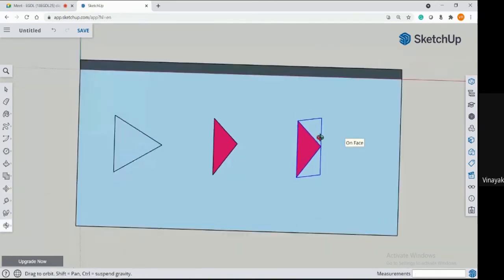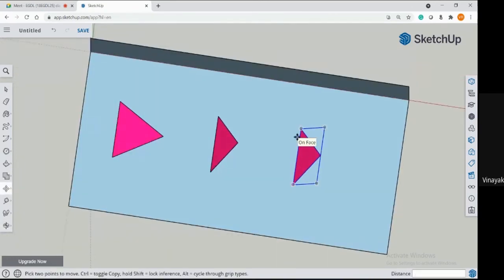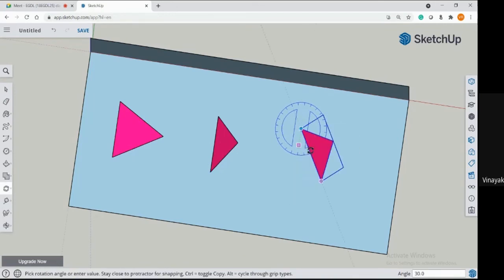Now this must be inclined to VP at 60 degrees, so it should be 30 here. I'm inclining it with respect to this line. So this must be 30, and that will be 60. Just rotating, now this angle is 60 degrees for us. This is 30 and this is 60. Now you can see.